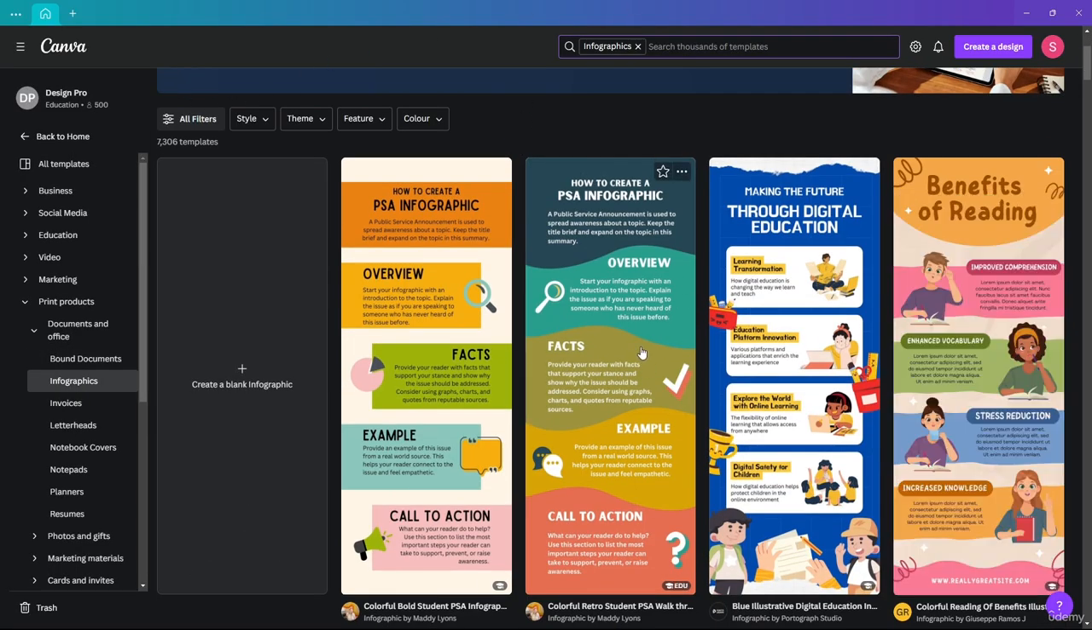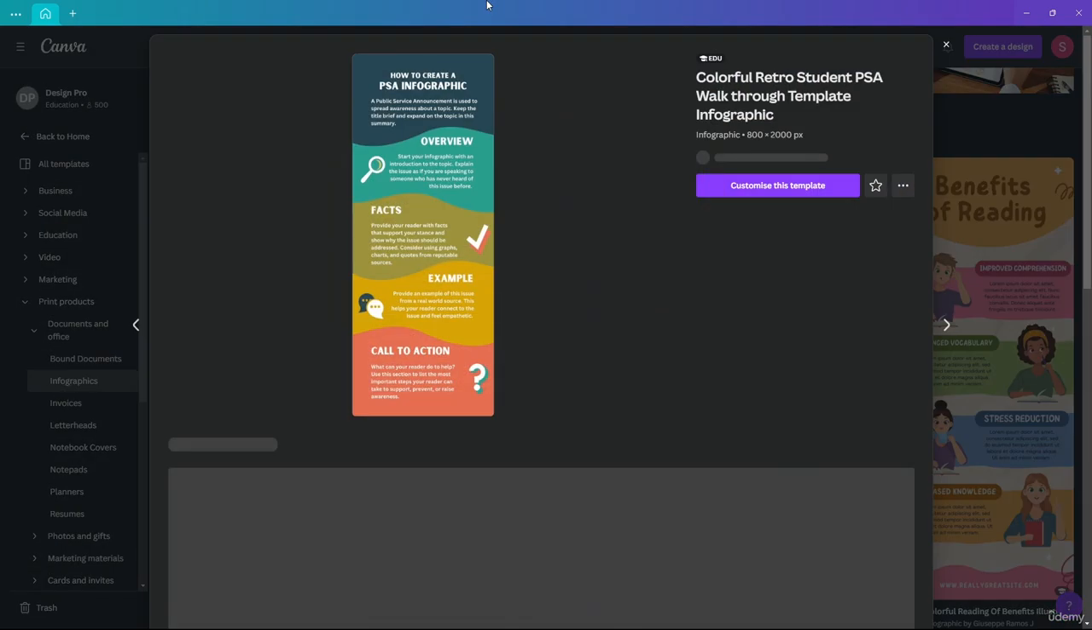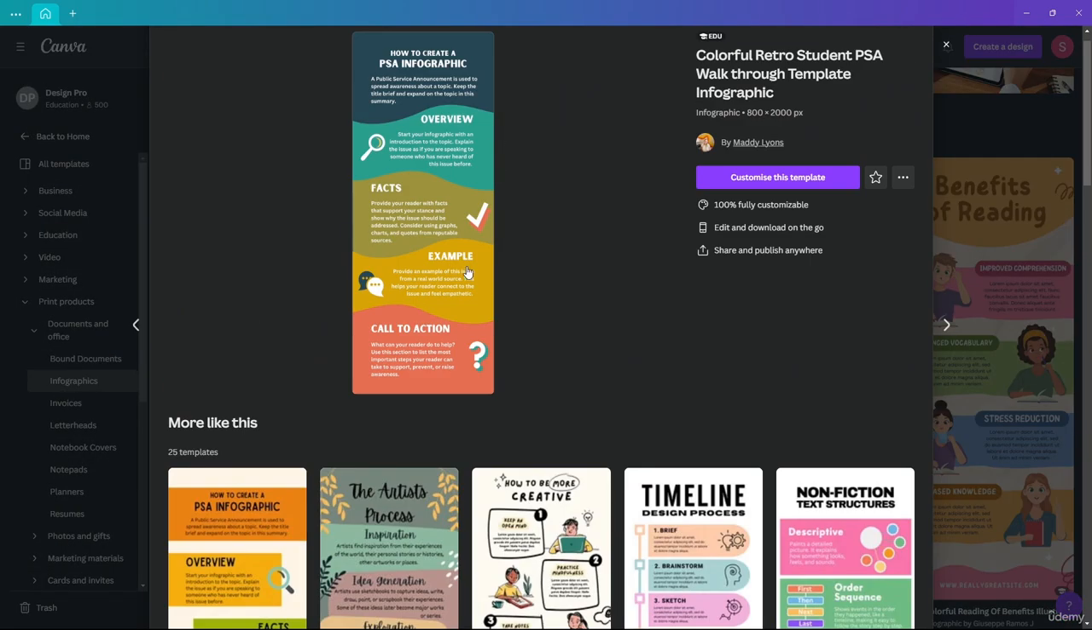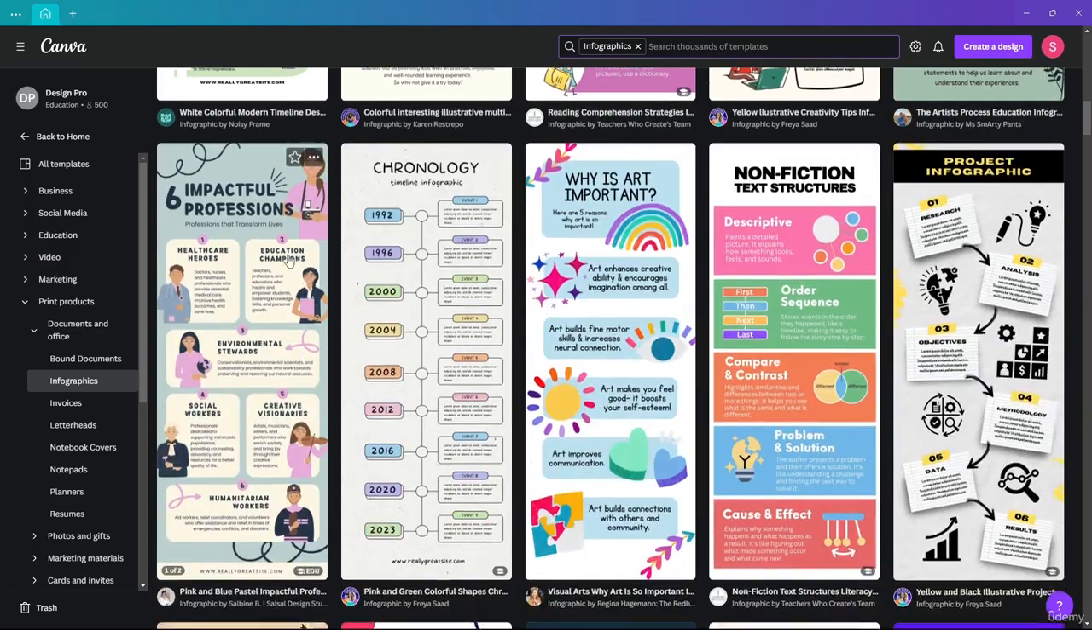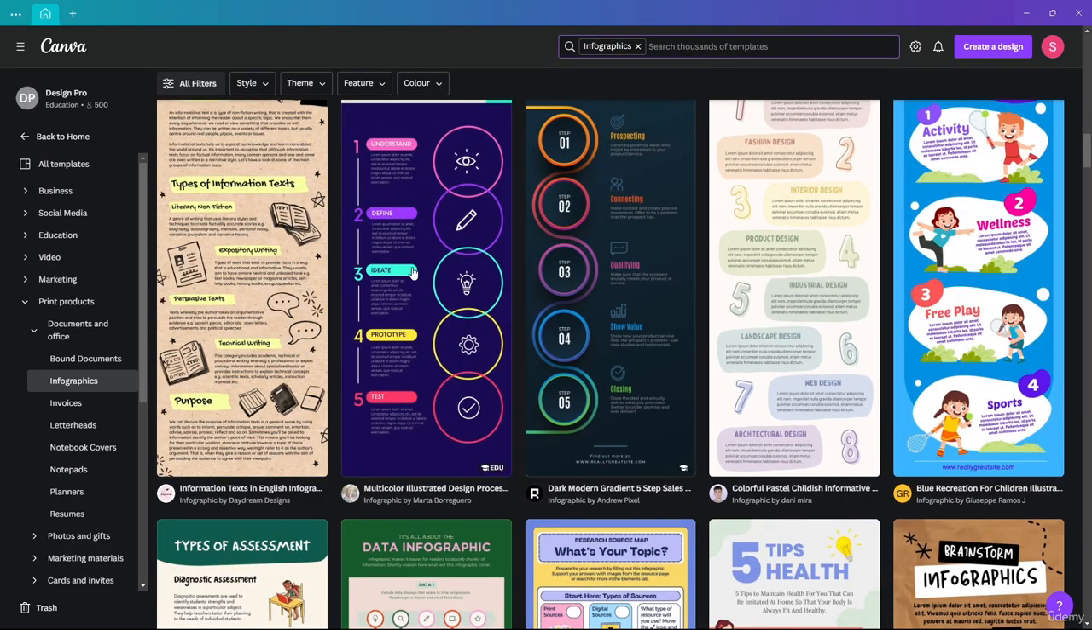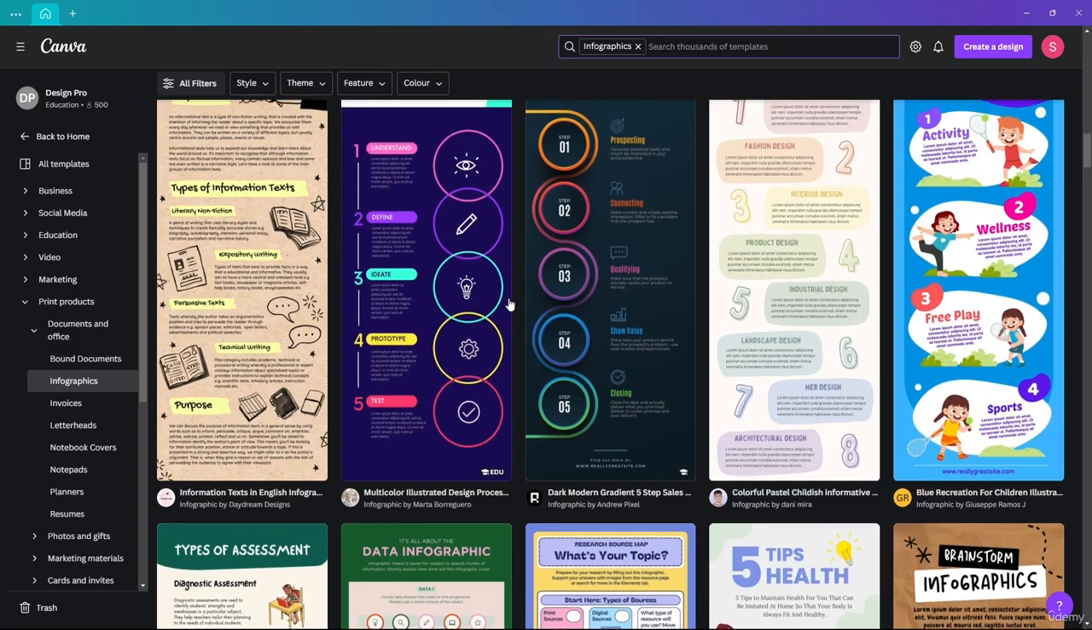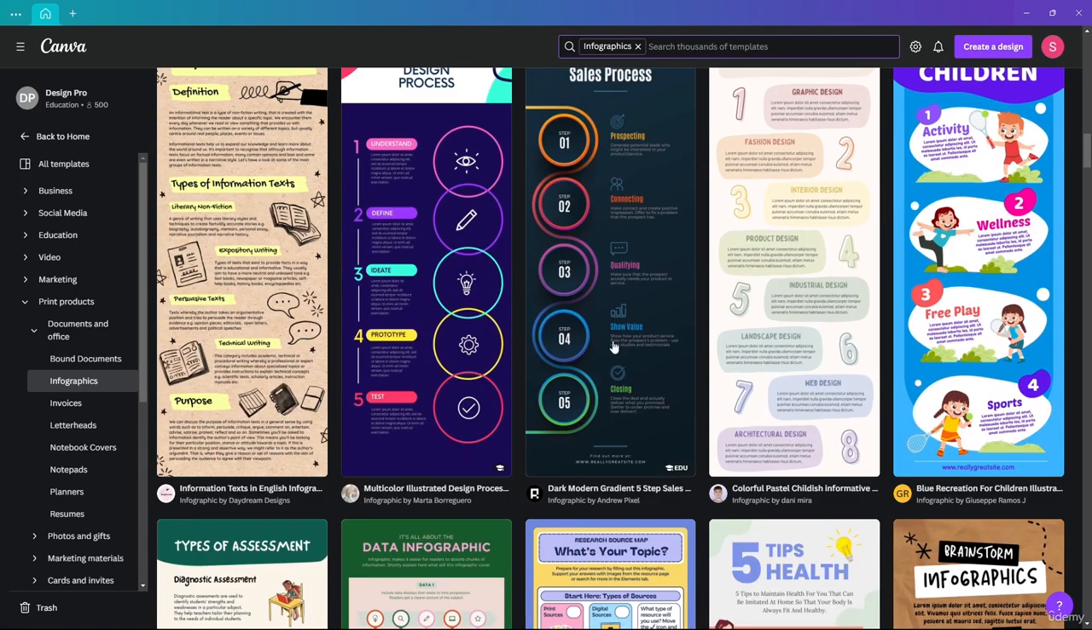Underneath infographics over here, let me select this one. As you can see, this is a colorful retro student PSA walkthrough template infographic. So you can also print infographic things as well. For print, mostly you will find infographic-type printables are for people who like to keep their workspace or their own personal private space, where they live, for example. Let's say you're an employee working at a company. Now you want to make your office look much more creative,